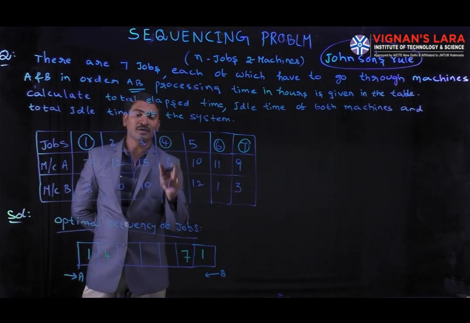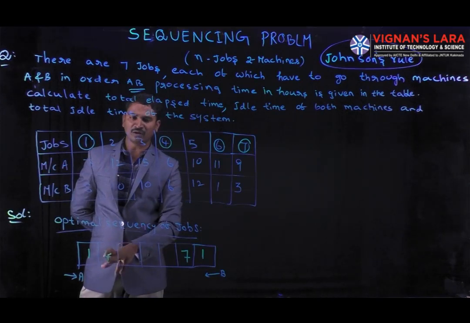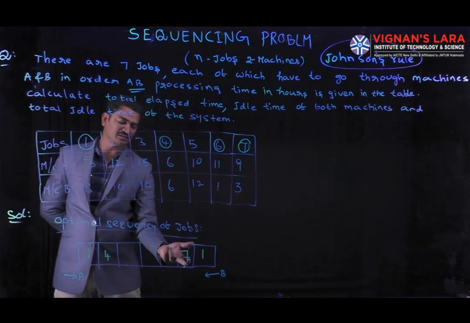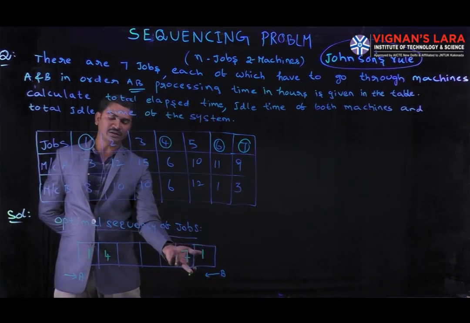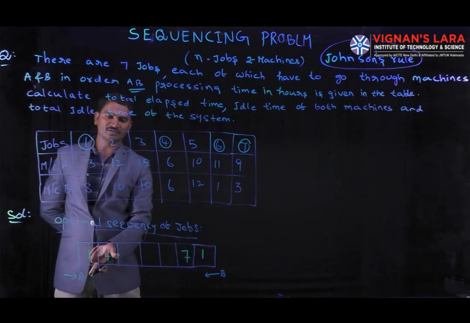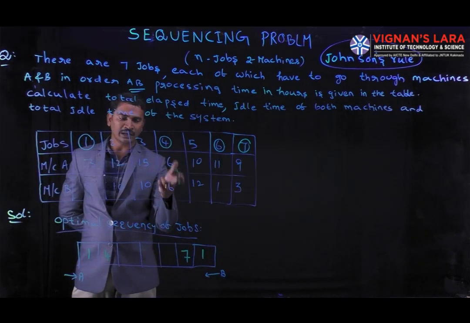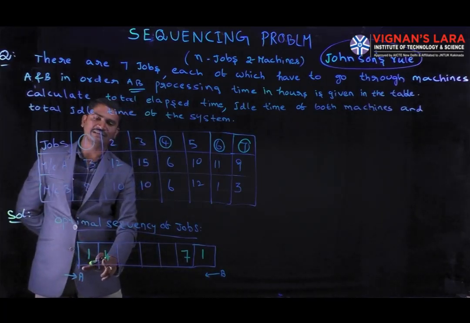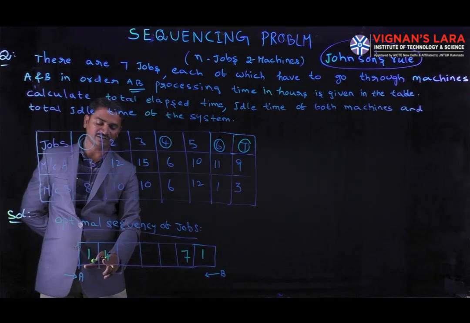When we have a tie at the same column, there we apply this. When we have a tie between two jobs, we take the sequences, one at B and another one at A. There is no confusion. Here we have a tie between hours at the same column, same job, so we are giving preference to the first machine. That's why I am giving preference here. 4, I would like to take 4 here.